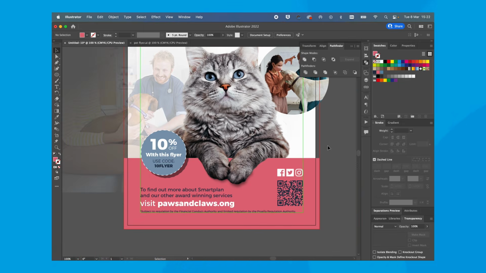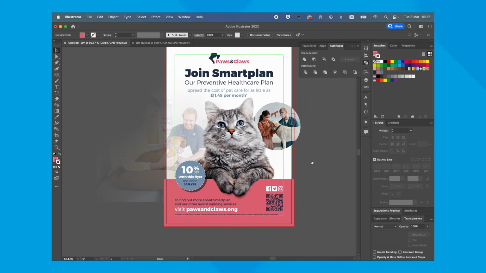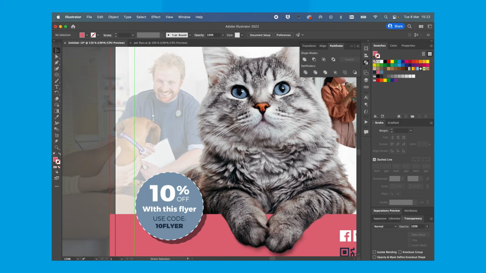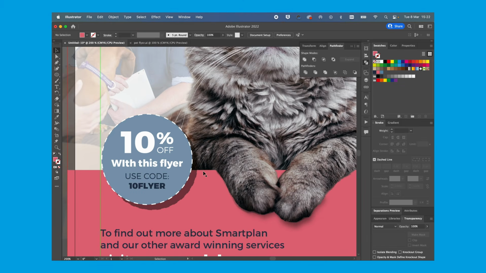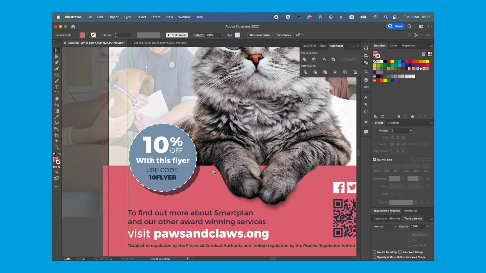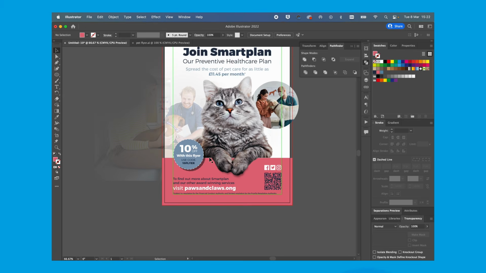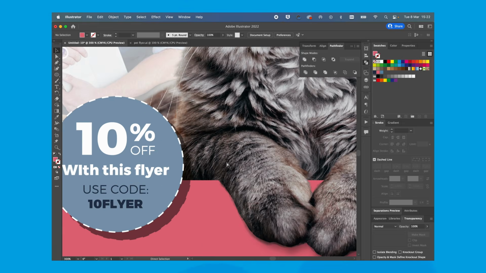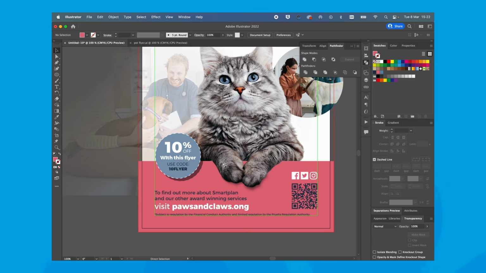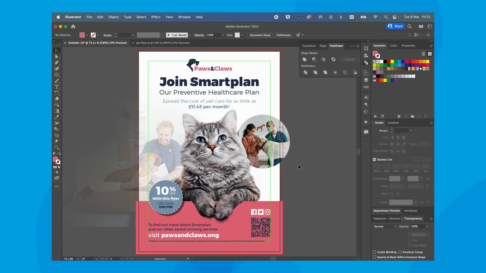Fine details. Anyway, I think that just kind of, oh hang on, I've just noticed something. No, it's fine. I thought there was a white line there, but it was only in the preview and I zoomed out. See that white line? But it is fine. Okay, anyway, I'm going to take my guide off so we can see it. So there you go, that's a completed flyer.